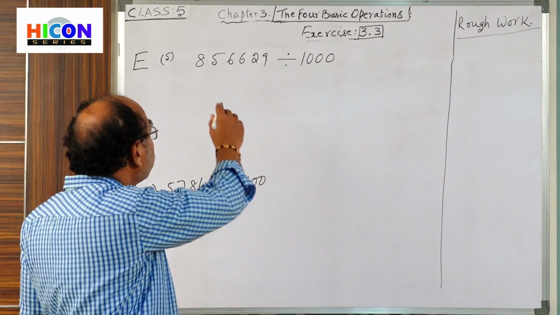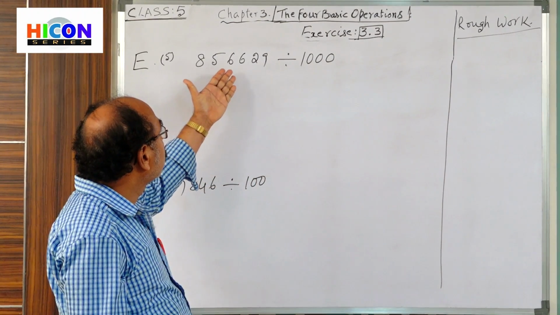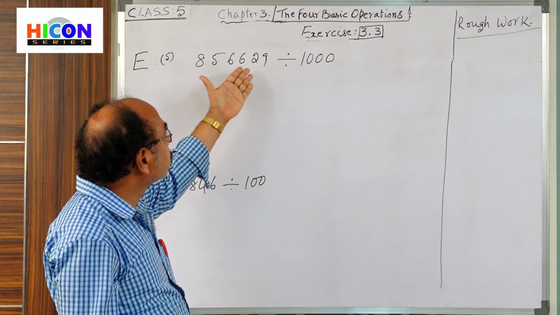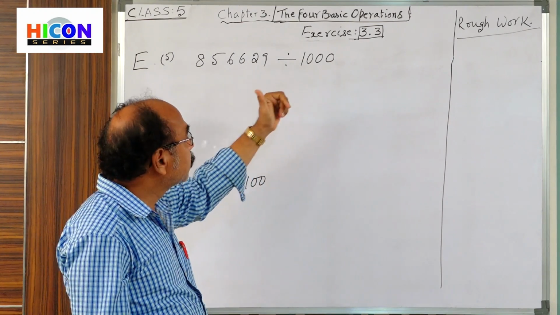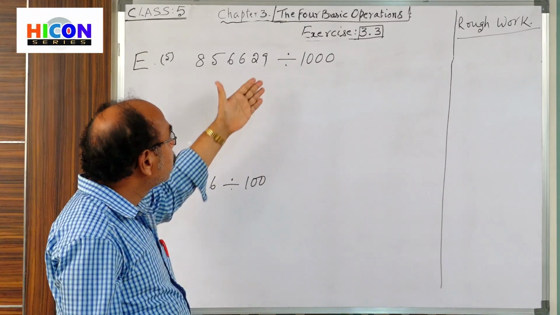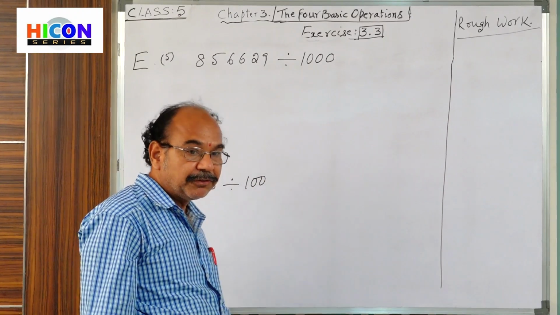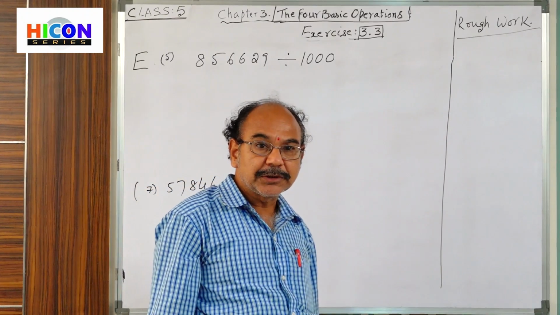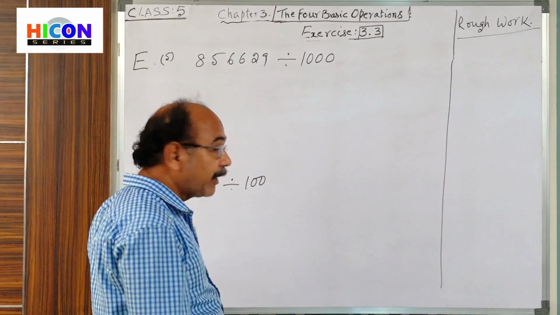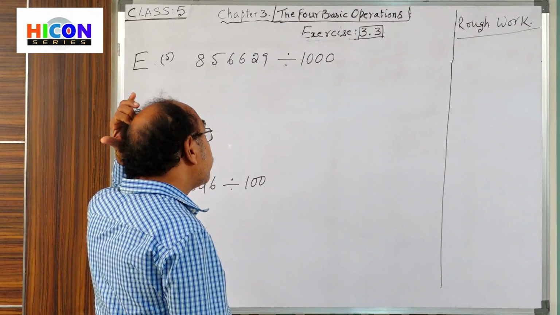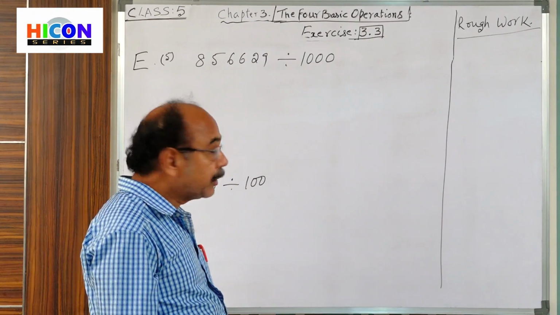See children, now in this problem here, 856,629 is to be divided by 1000. Okay, so division with 1000. We can use the properties of division. In the division properties, once I told you, what is that one fact? What is that property? If any number is divided by 1000, then